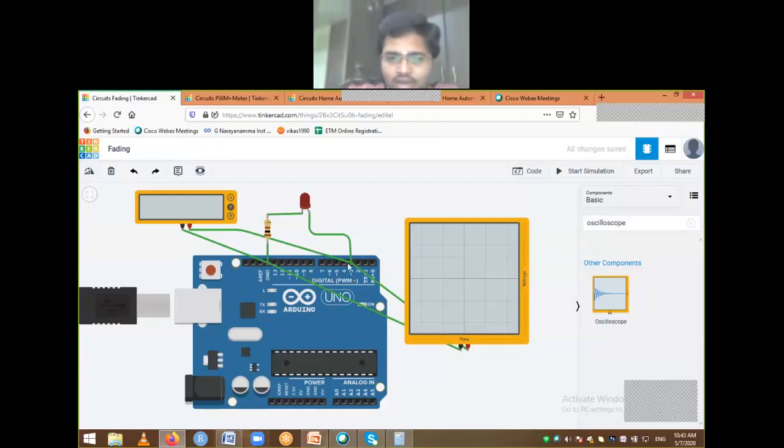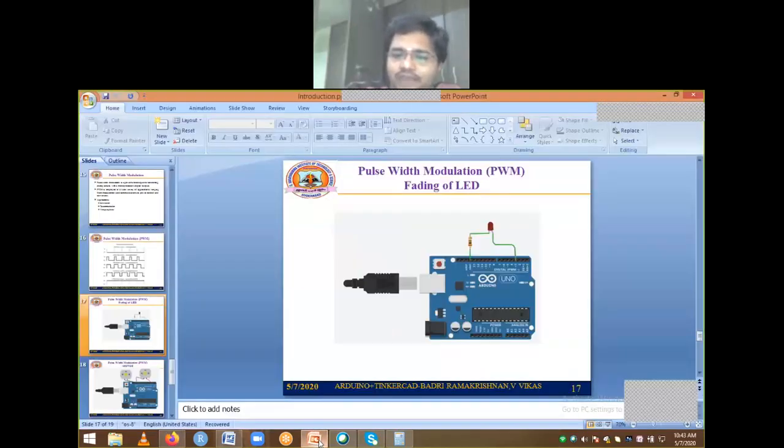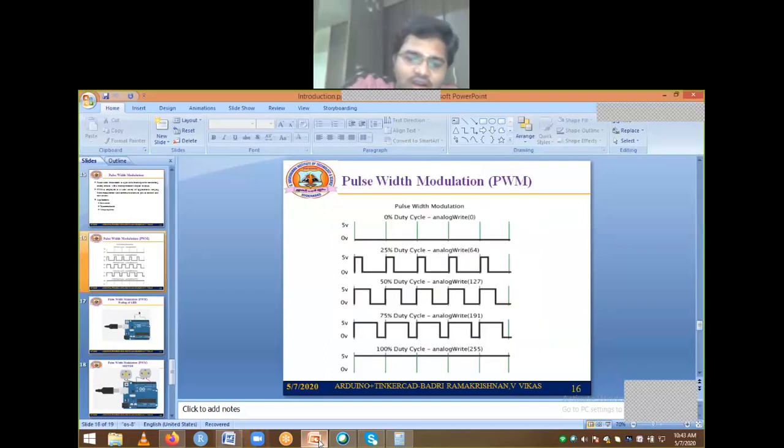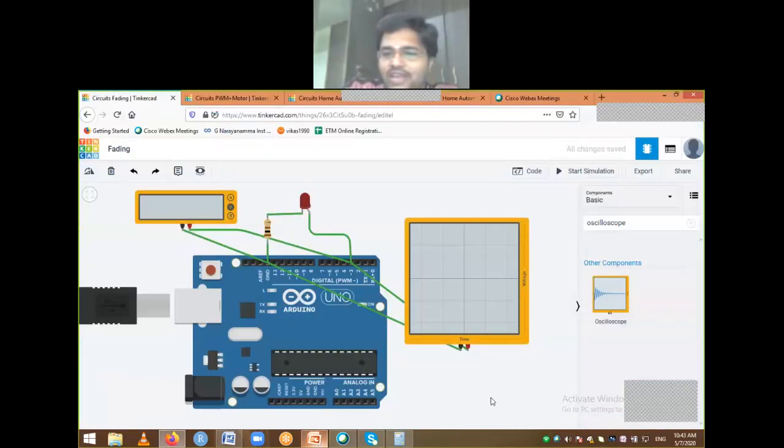Okay, so I connected an LED. I want to measure that particular voltage change using a multimeter. So I have connected a multimeter. But for us, it's better if I can have something like this. If I can see a waveform in this manner, we will be satisfied, right? Clearly we will be able to understand that some PWM concept is happening. Okay, so let's start simulating before looking at the code.